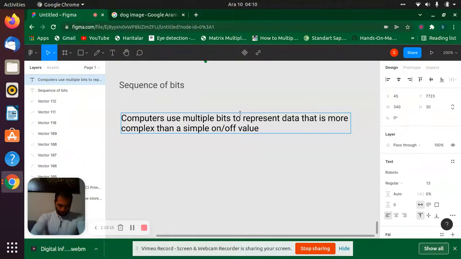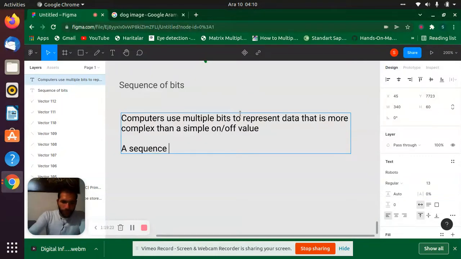Yes. A sequence of 2 bits can represent 4, so like 0, and also